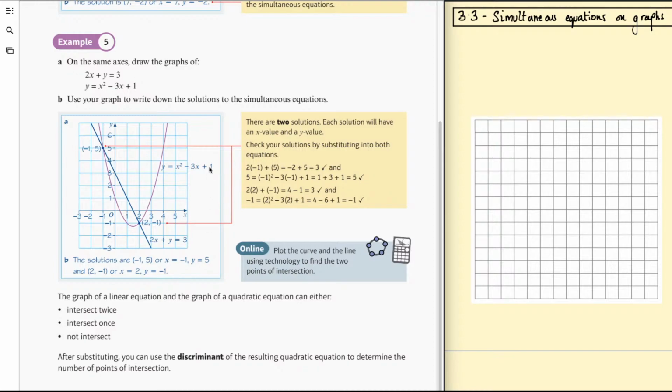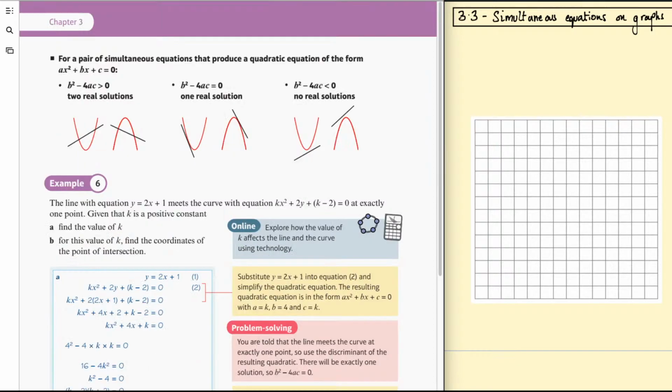This example isn't too helpful in that it doesn't really give any hints as to how we should be sketching that quadratic. So anyways,